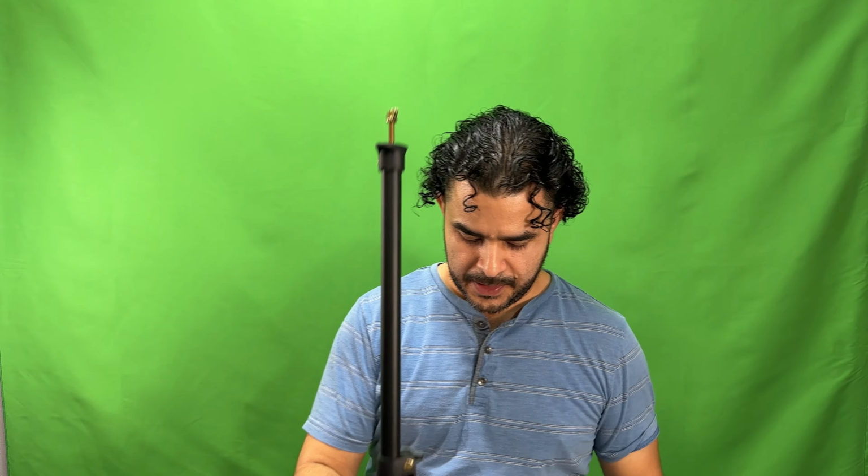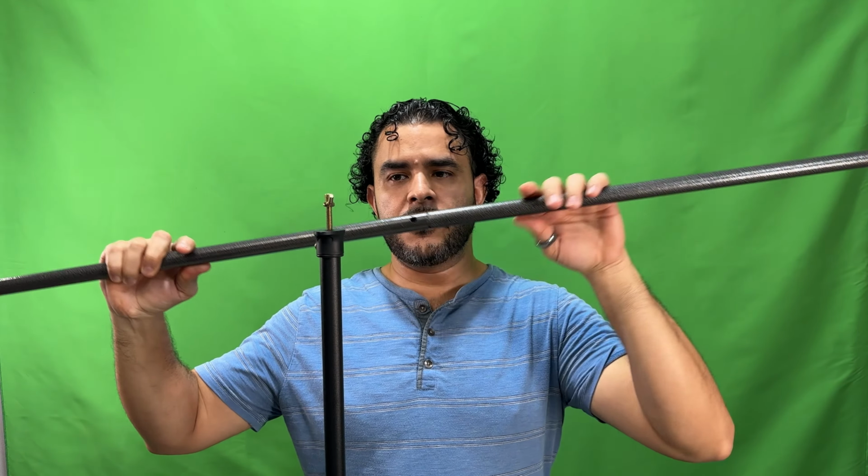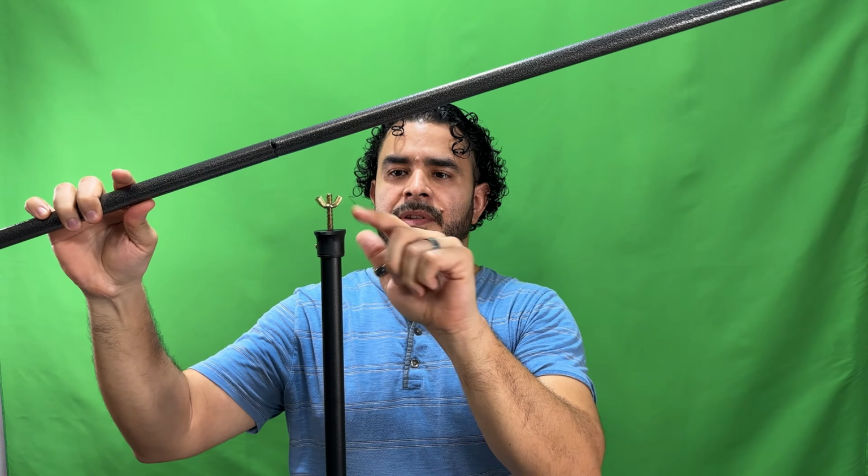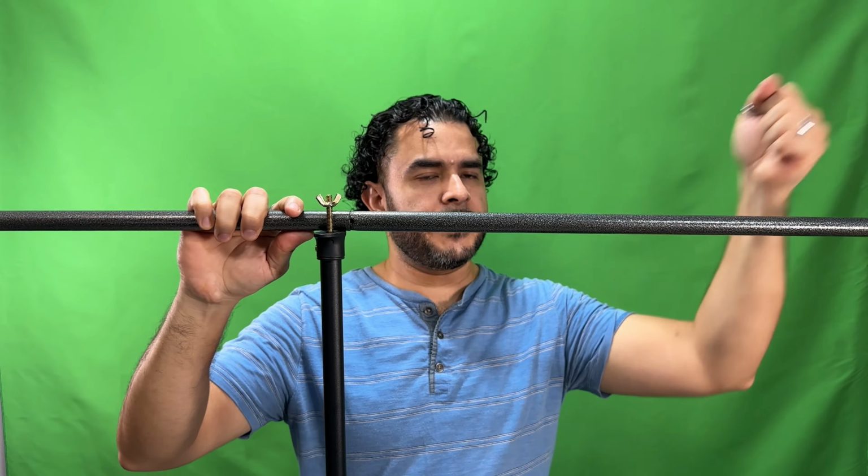Now it does come with a stand, which is this right here. I have it lowered so that I can show you that it does have also the horizontal bars, which you can attach like so. You just line up the little hole for the screw and you put them on top of this screw, and you use this lug nut to secure it in place. Now once you have this, you can use the included clamps to clamp the green screen securely. Okay, so having this out of the way,